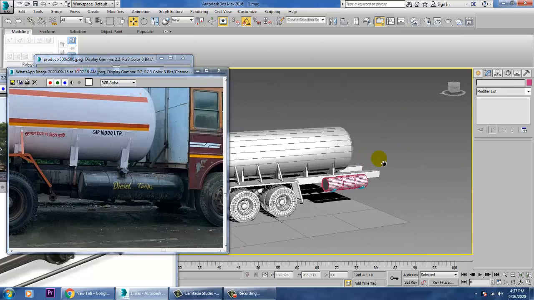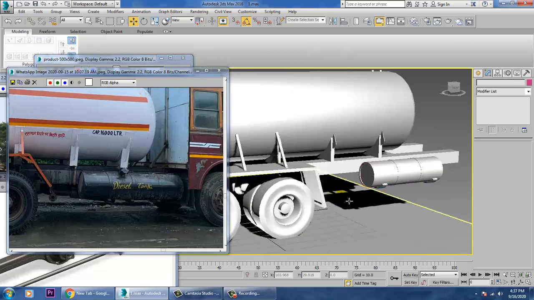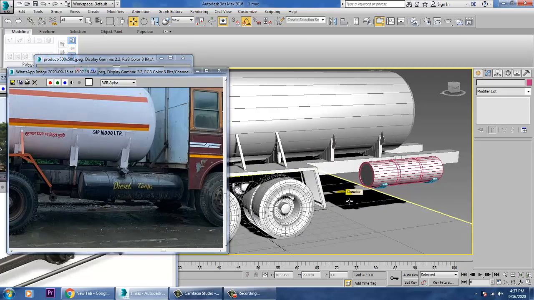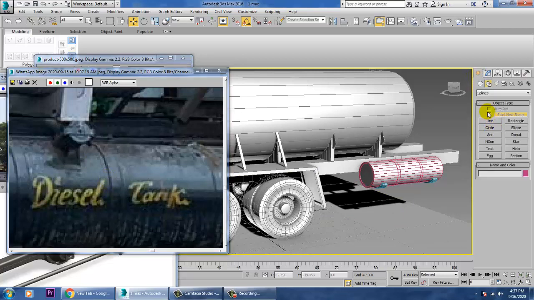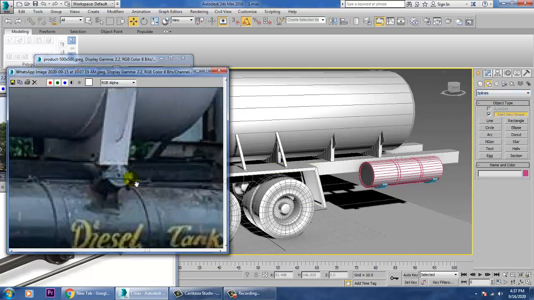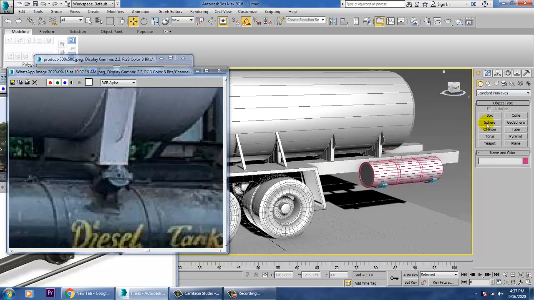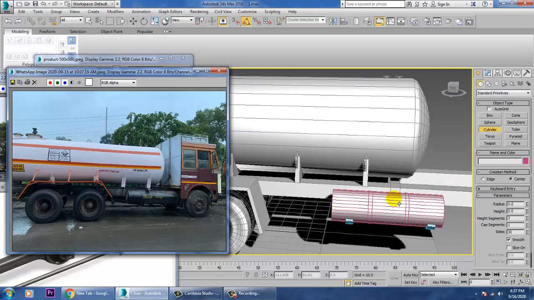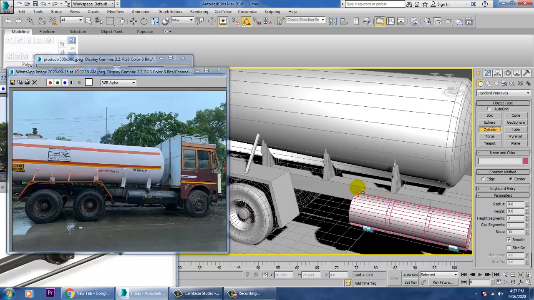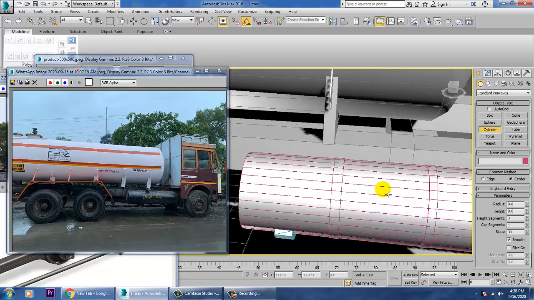Now after that, what we'll be doing over here is, after you have created this stuff, you also need to create this. So for that, again go into this. Let's take a cylinder over here. Let's take a cylinder.